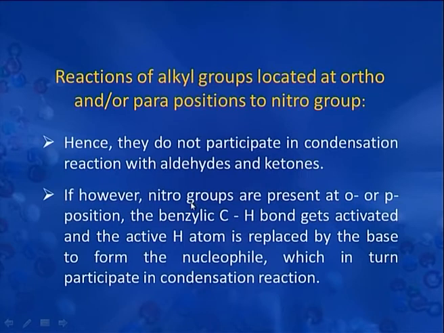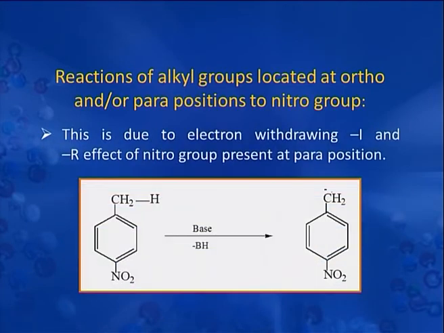If however, nitro group is present at ortho position or at both ortho and para position with respect to alkyl group, then it alters the properties of alkyl group. Here you can see that this is the hydrogen atom attached to the carbon, which is directly attached to nitrobenzene. This actually is para-nitrotoluene. Now, if there is no nitro group, then the hydrogen here is not active or acidic in nature, but